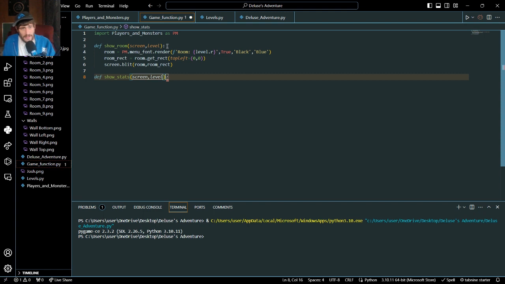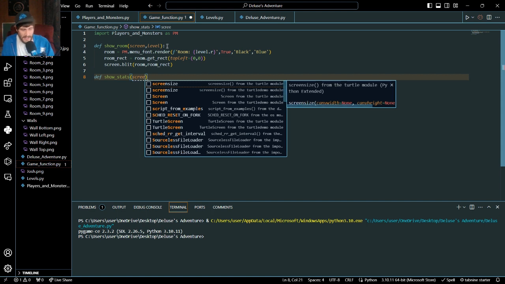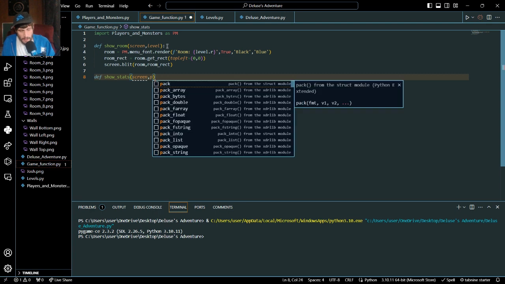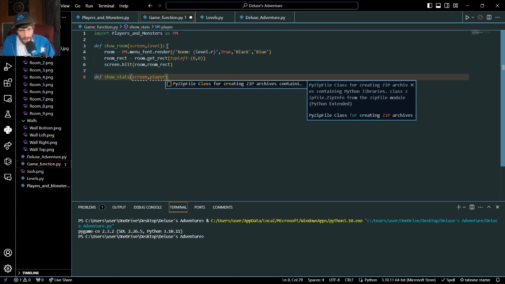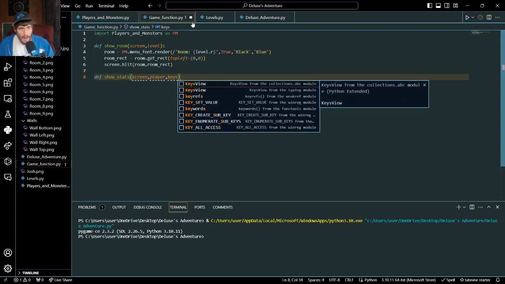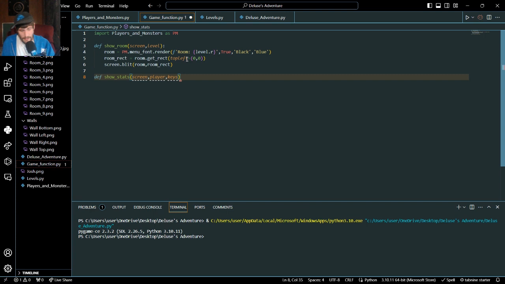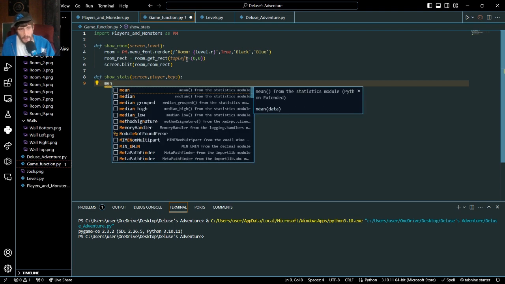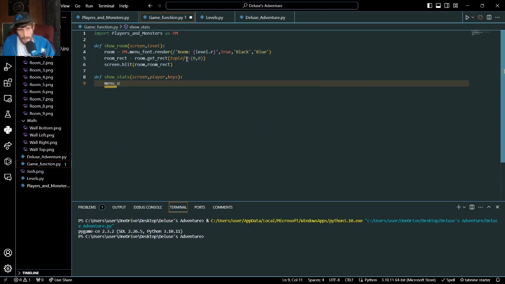And we are going to need a couple more arguments than the other one. We're going to need the screen to put it on. Then we're going to need our player that we're reading from. And then we're going to need the keys. And the keys is just the Pygame function of being able to know what button you press on the keyboard. So first we need to make a variable that is menu open,